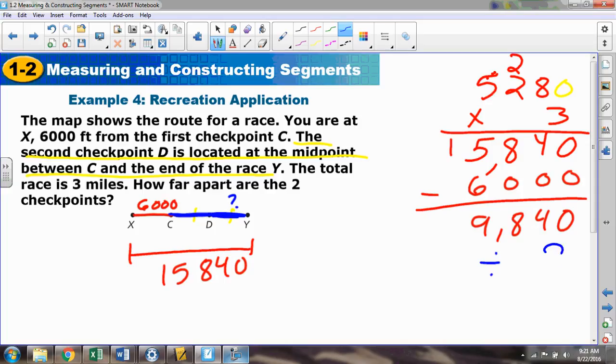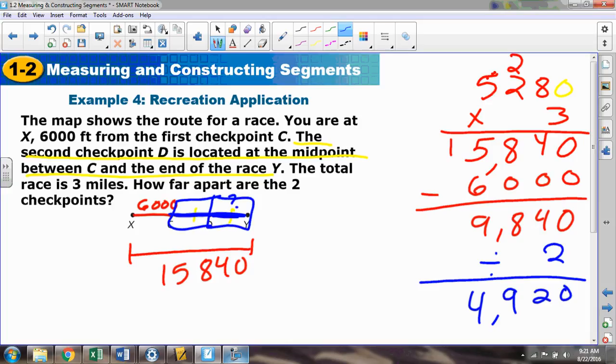And just dividing by 2 then gives us 4,920. And that's what we're looking for. How far are these two chunks? Each of them are 4,920 feet. We had to combine the segment addition postulate along with our understanding of midpoint to get those